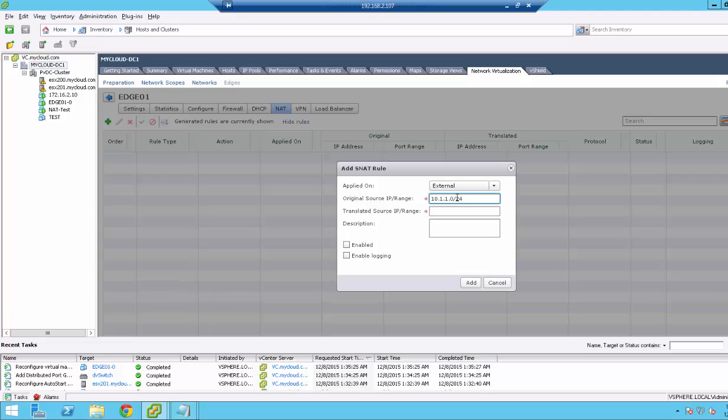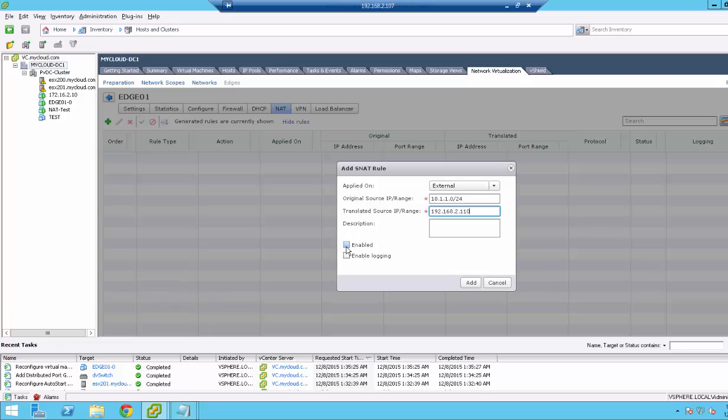Whoever is part of this subnet, not only NAT test one, you can have multiple machines owning an IP in this subnet, which is 10.1.1.2 to 10.1.1.254, because .1 is a gateway and 255 is a broadcast. So whoever is part of this should be translated to